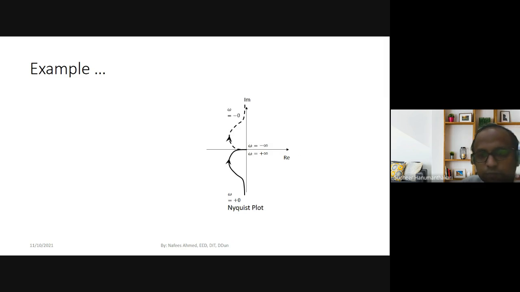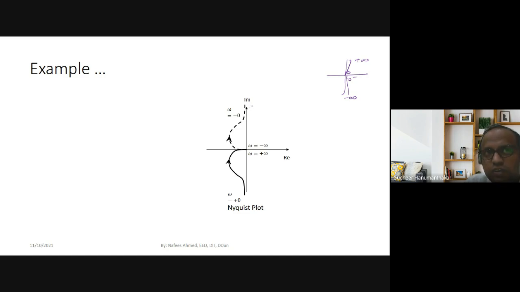C1. As I said, C1 and C2 are mirror images because we are plotting a line from 0 to plus infinity. Obviously, when you are plotting from minus infinity to 0 minus, you will get the same, but the mirror image of this one. No need to waste any time on the calculation part of